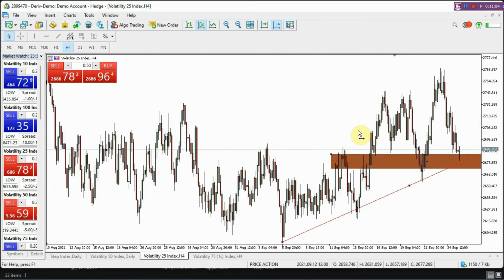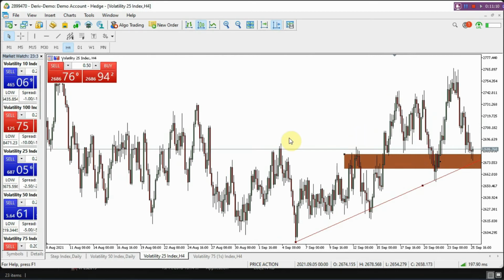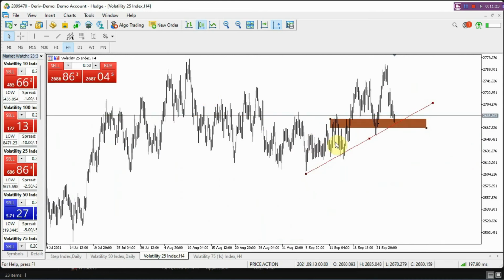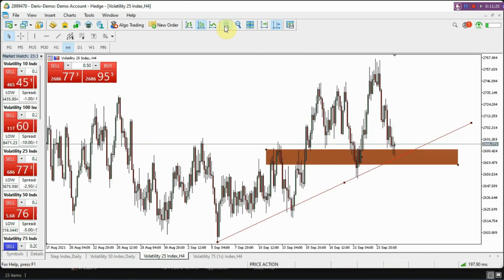I remember what I drew from the wedge on the D1 daily time frame. Price breaking out of that trend and possibly continuing to the upside. So a potential uptrend for VIX 25 this coming week. Broke out of this choppy-like structure and seems like it could want to trend this week, because market consolidates,